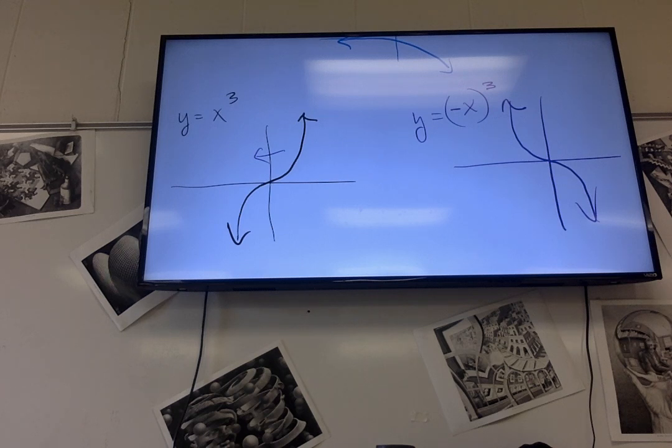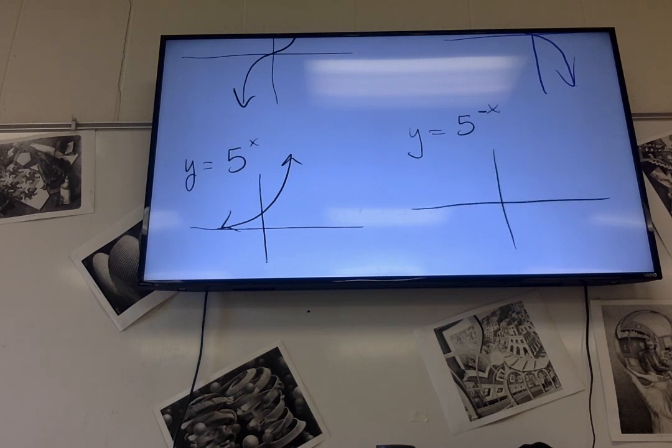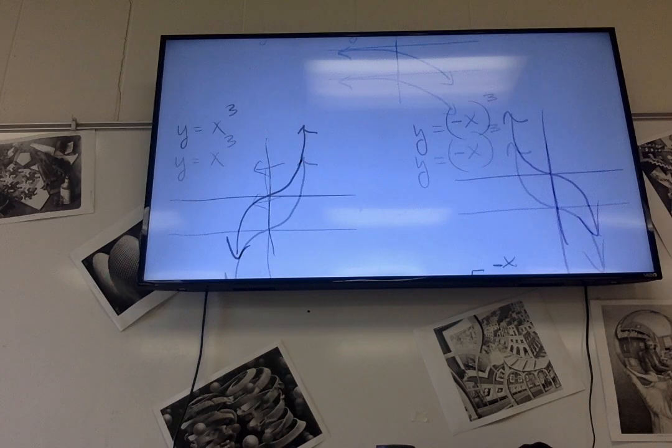So how we make this look with exponentials is if we had, again, say 5 to the x. Say it looks like that. If I had 5 to the negative x, then it'll make it like that. So it flips across the y-axis. All that to say,